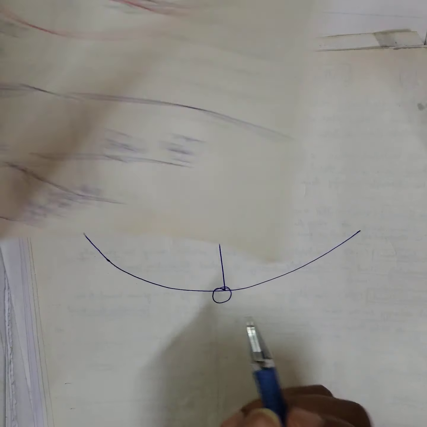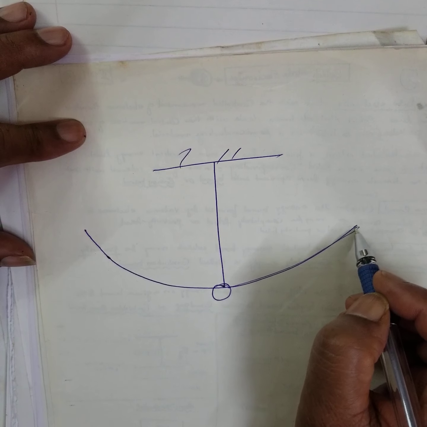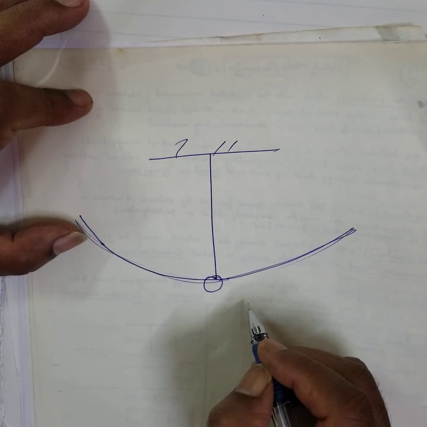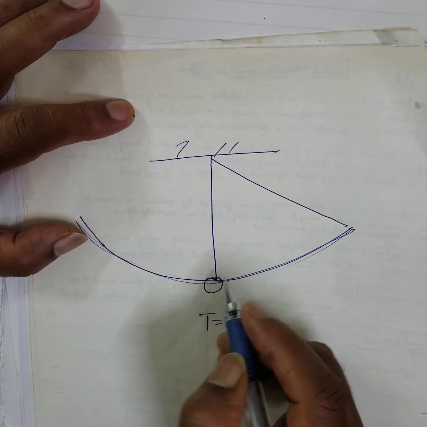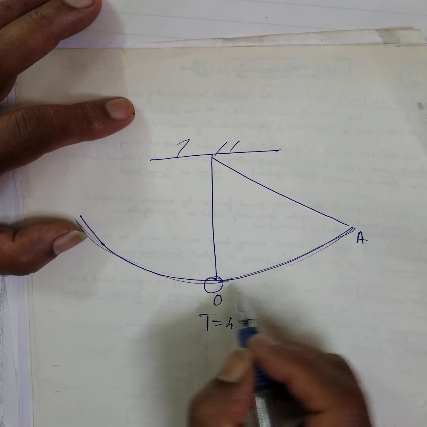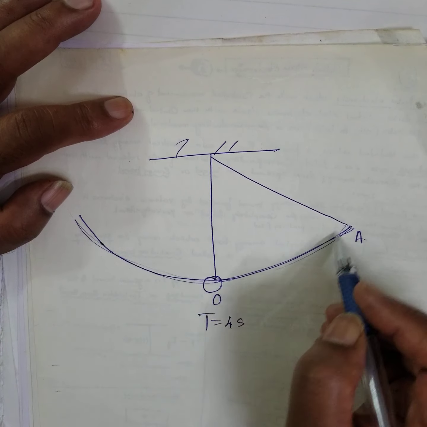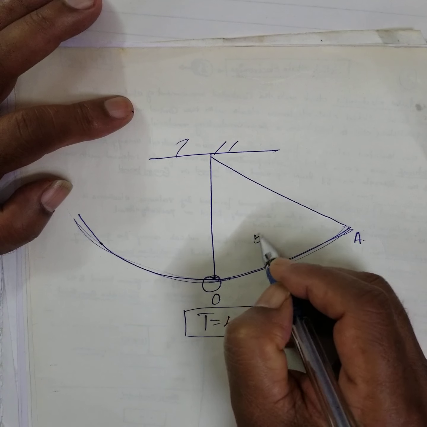What is the period I have said? Period is 4 seconds. That means from here to here 1 second, here 1 second, 1 second, 1 second. That means the period is what? 4 seconds. And what is the time taken from 0 to this point A? That means 1, 2, 3, 4. Time for one oscillation is what? 4 seconds. The amplitude is equal to 5